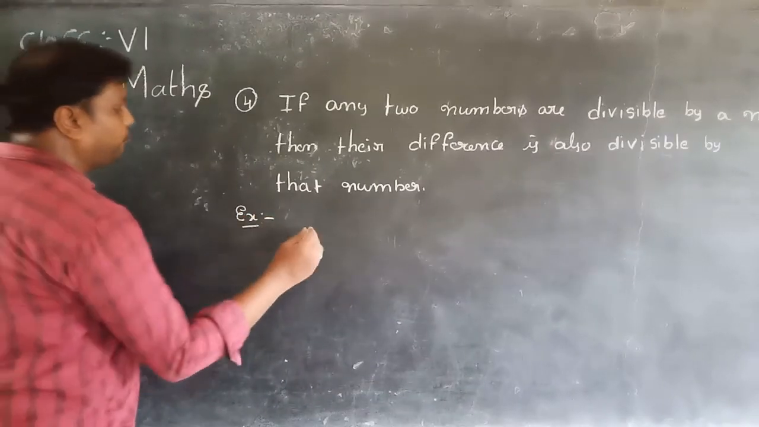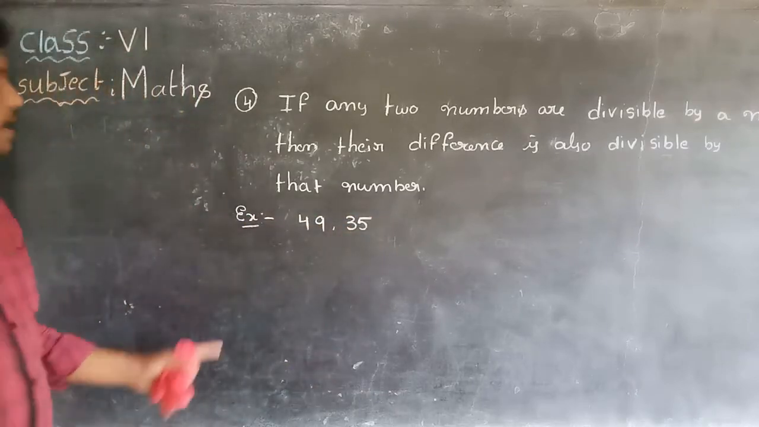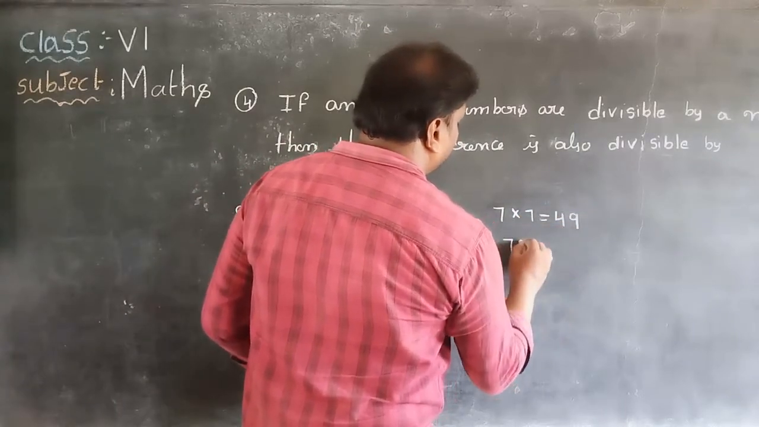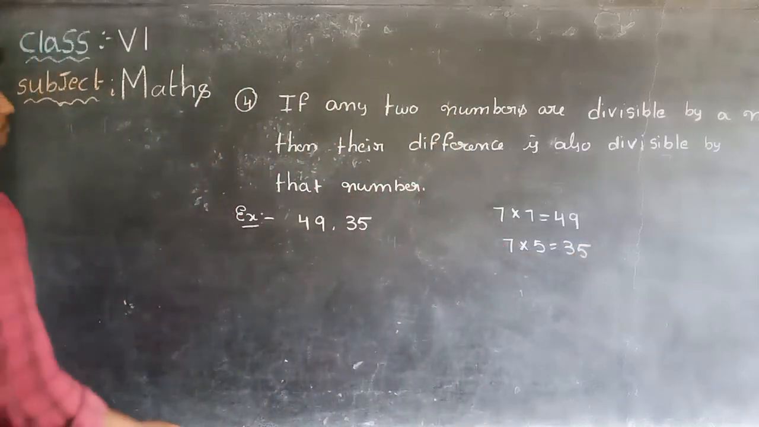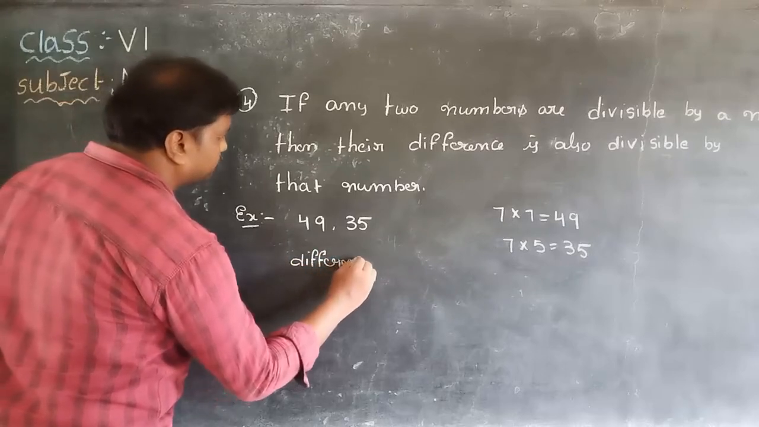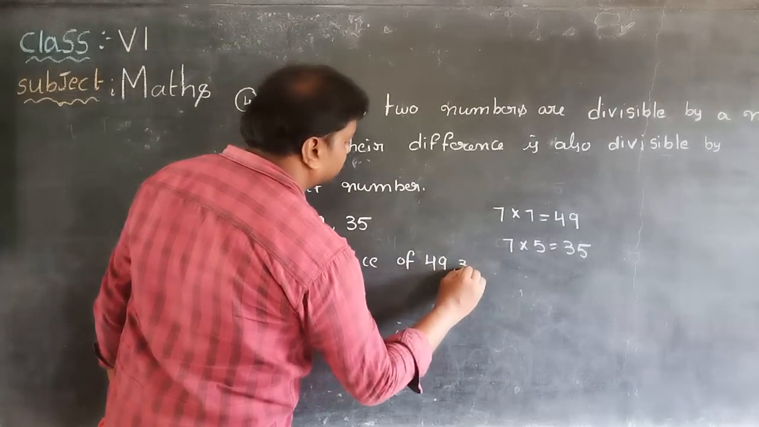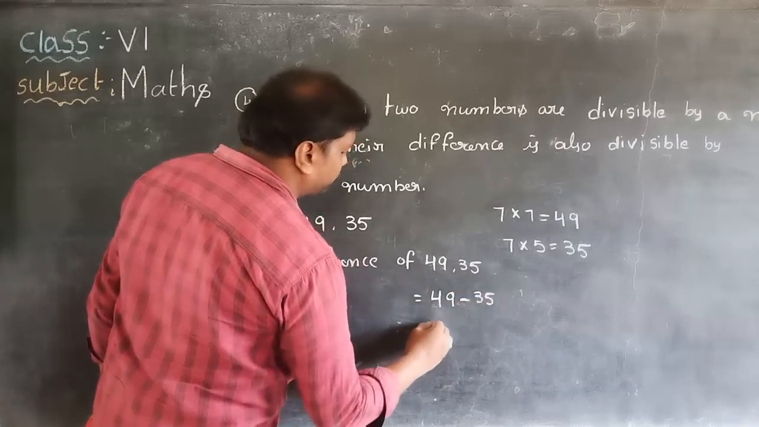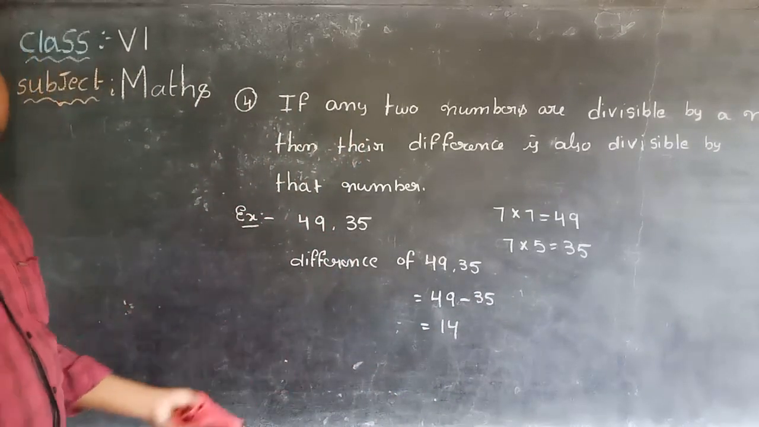49, 35. Actually 7 sevens are 49, 7 fives are 35. Now the difference of 49 and 35. How much? 49 minus 35 is equal to 14. 49 minus 35 is equal to 14. 14 is also divisible by